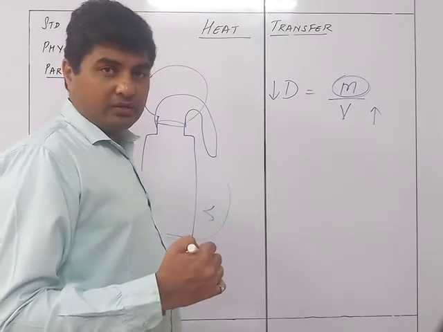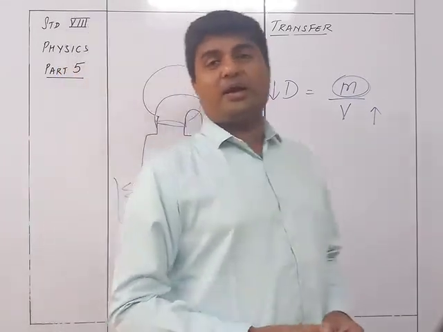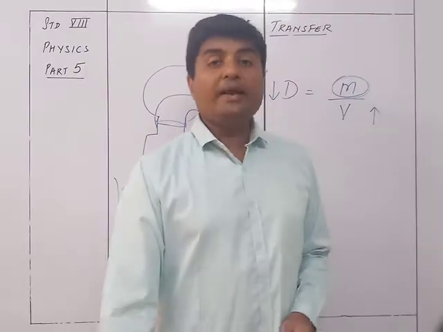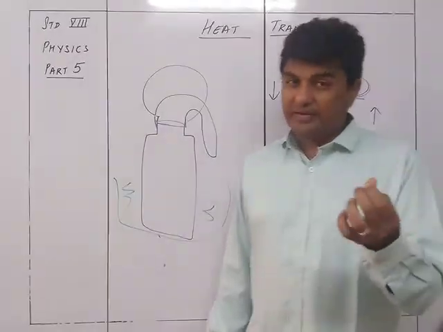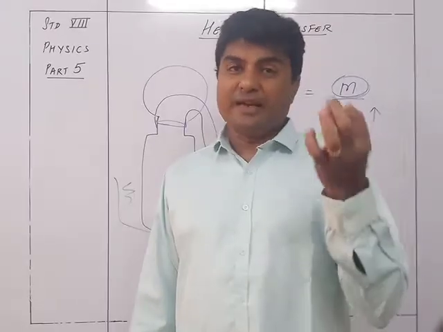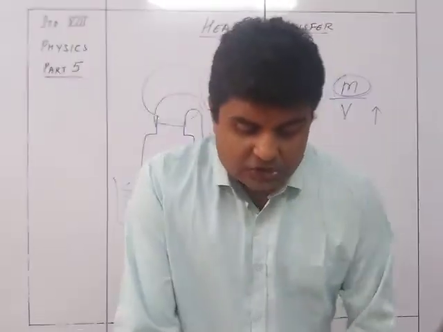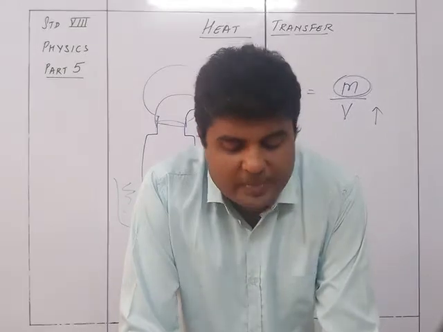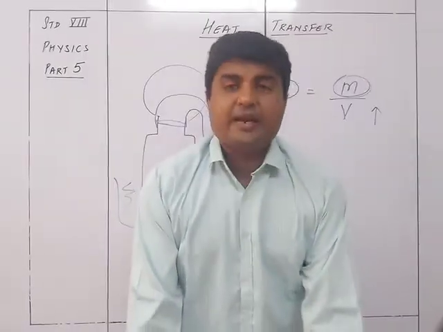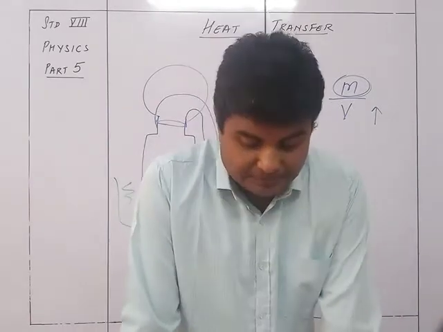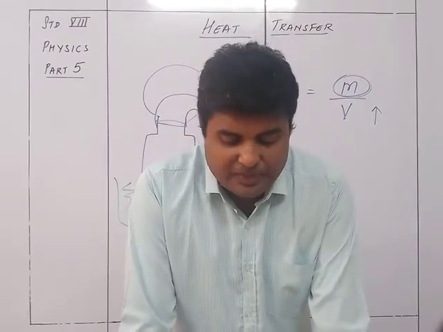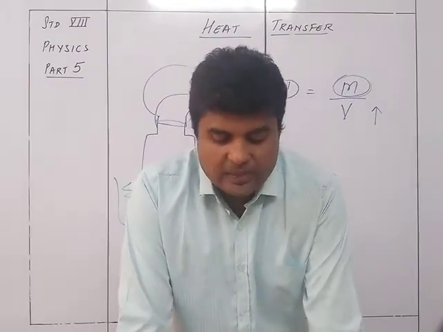That is what we are learning here. When I am heating any particular kind of substance, its volume is going to increase. If the volume increases but the mass remains the same, the density decreases. So when a substance is heated, its volume increases while its mass remains the same. Therefore, the density of the substance, being the ratio of the mass to its volume, decreases with the increase in